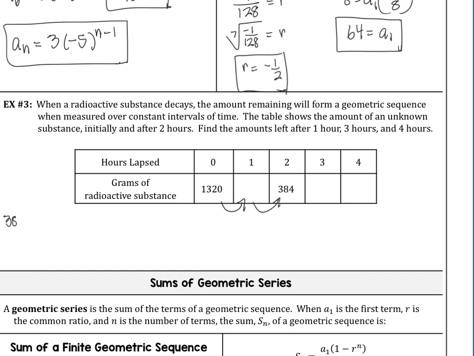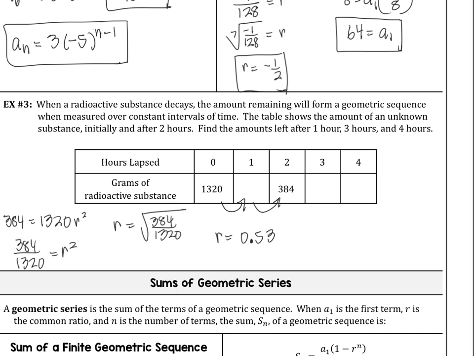So 384 is equal to the first amount, which is 1320, times r to the second power, because there's 2 steps. So that's 384 over 1320 is equal to r squared. So r would be the square root of whatever this is. Okay, so this is going to be a decimal. I'm pretty sure that's not going to come out nice and pretty. And we put that in our calculator, and we get that r is a little over 1/2,